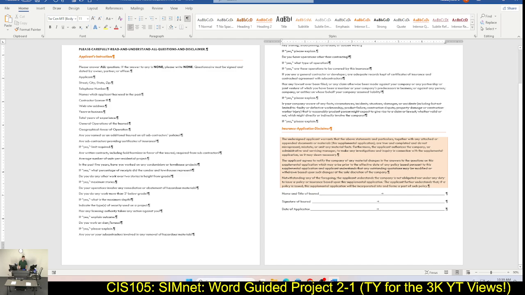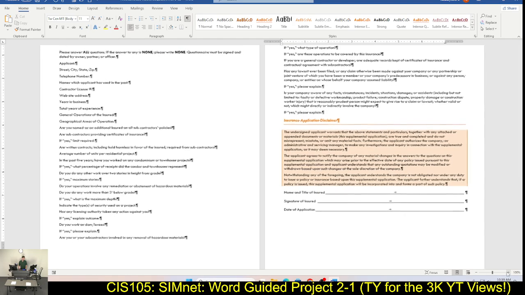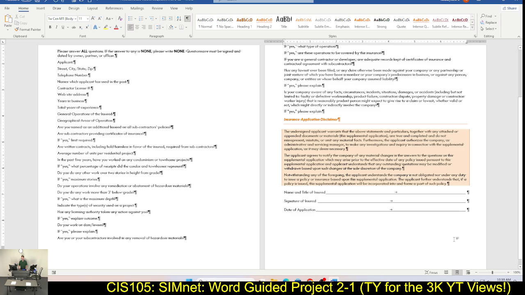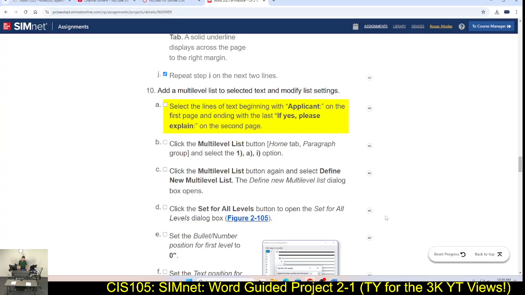But I'm doing this for a reason. Some of you are like, he's got to be doing this for a reason. Yes, I'm doing this for a reason. Because, everybody, when we select text, and this is going to be step A, I'm going to show you what step A really means. So step A, they want us to select everything from applicant on the first page to the last, if yes, please explain on the second page. Fastest way to do this